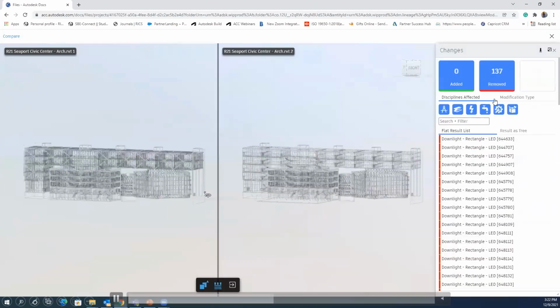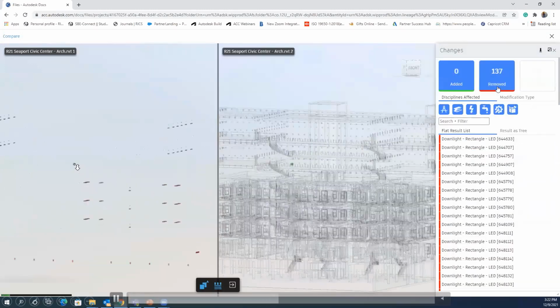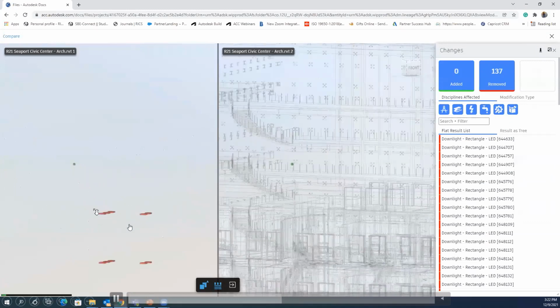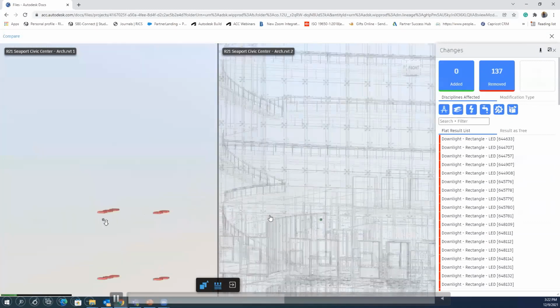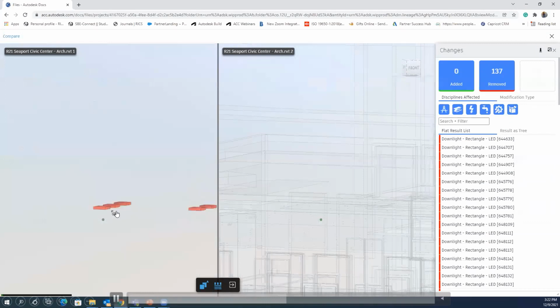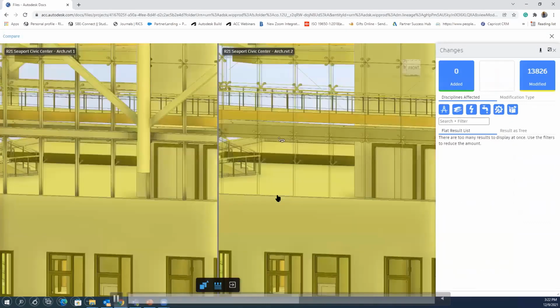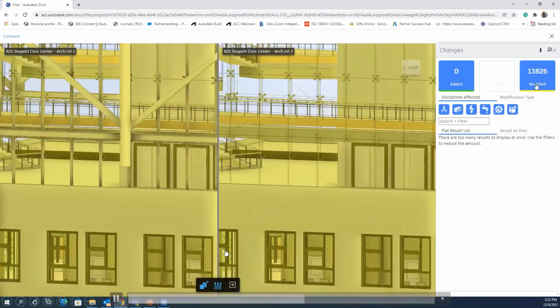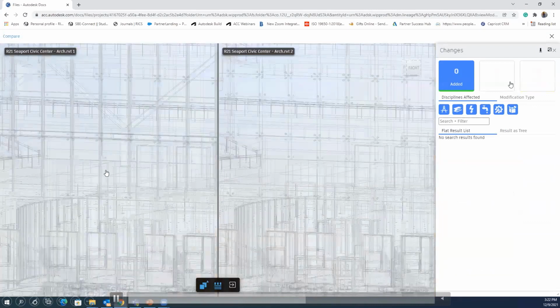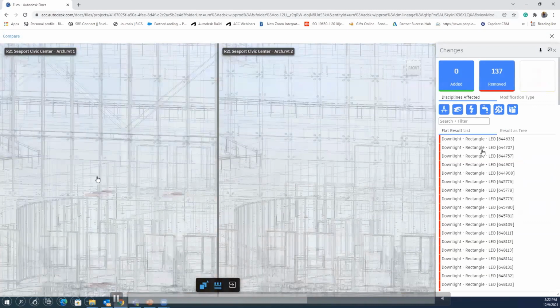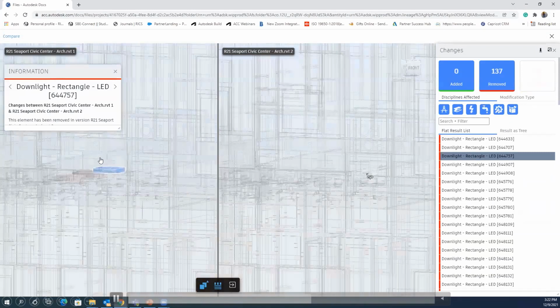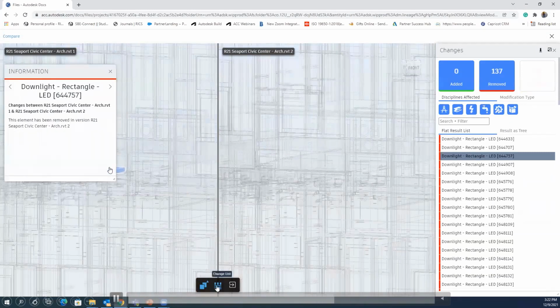If I filter to the removed set of elements, I can compare what elements were there in version 1 and what elements have been removed and modified in version 2. All the elements in red color, we can see the information in the information tab: what the element is, what the information is, and that it is no longer there in the updated revision.